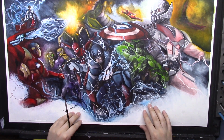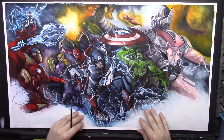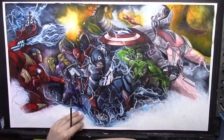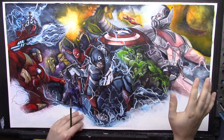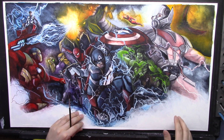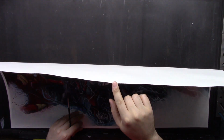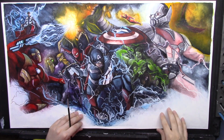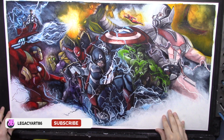But I'm actually going to mount this onto canvas, so I'll be doing a video on how I varnish it because it is watercolour at the end of the day. So if I mount it, I'm going to have to protect it from the elements. And also I'll do a video on how I mount this piece of paper, because that's what it is, onto canvas. So if you're interested in watching them 2 videos as well,